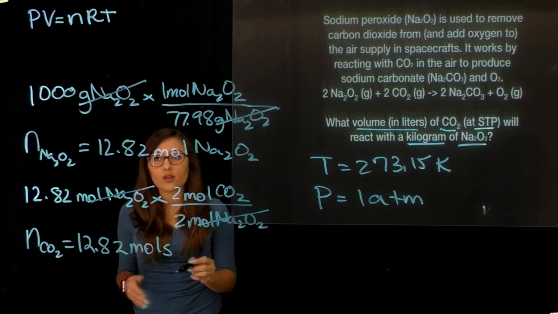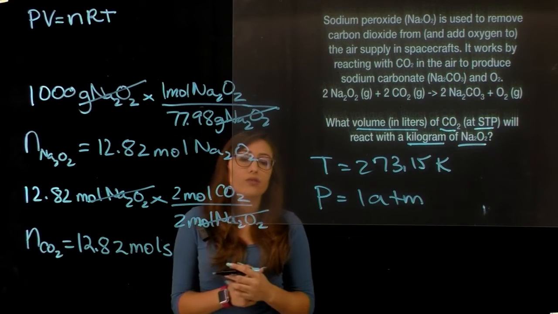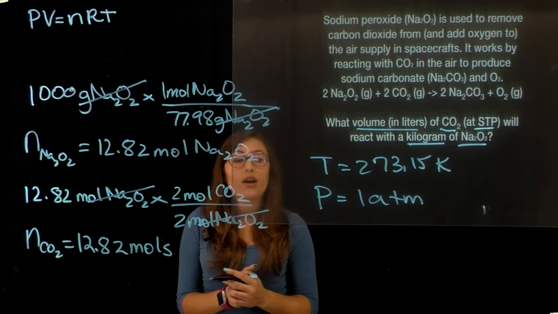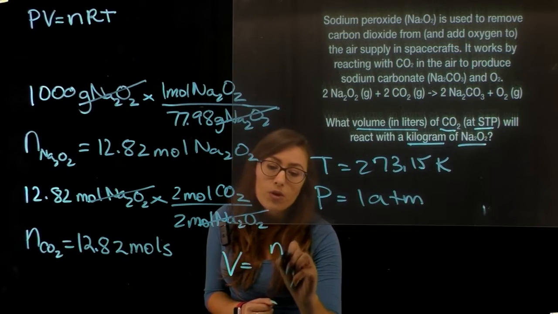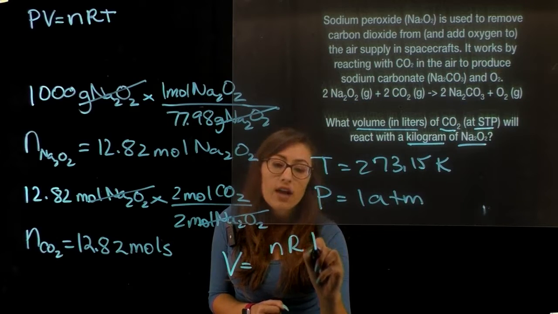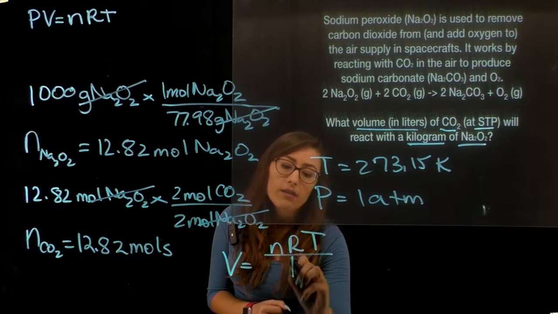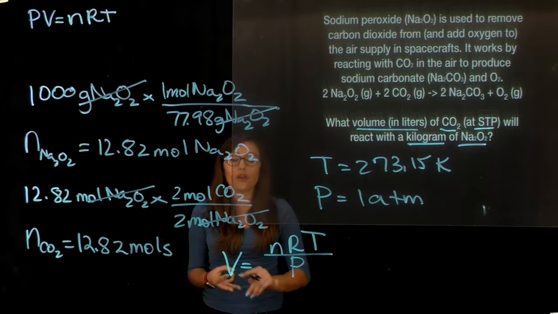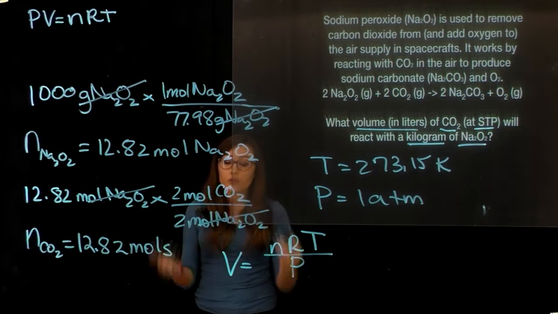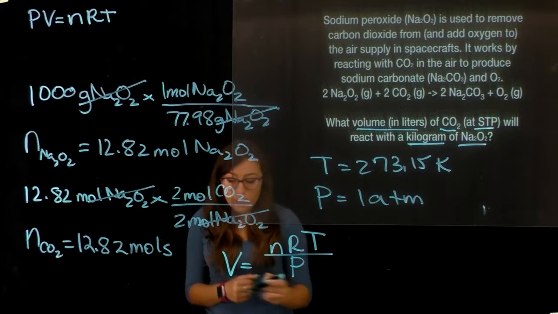Once we have this, we can then use PV equals nRT, the ideal gas law equation, and solve for volume. This will be equal to moles times the ideal gas constant times temperature divided by pressure. We know moles, we know R, we know temperature, and we know pressure. So we go ahead and plug everything in. We end up getting